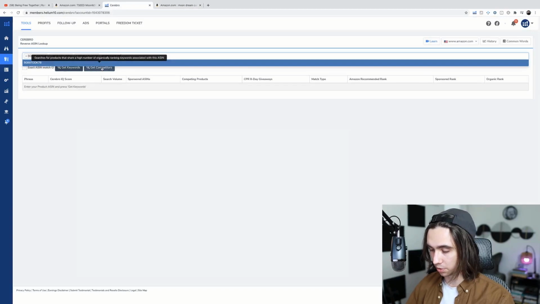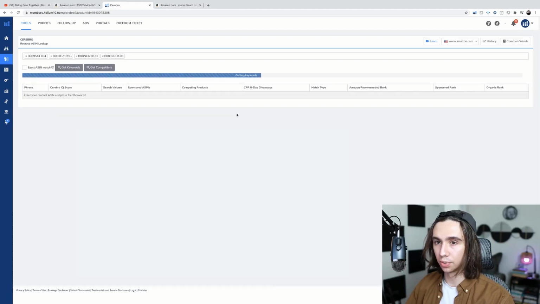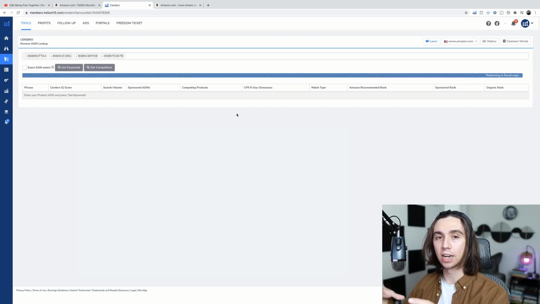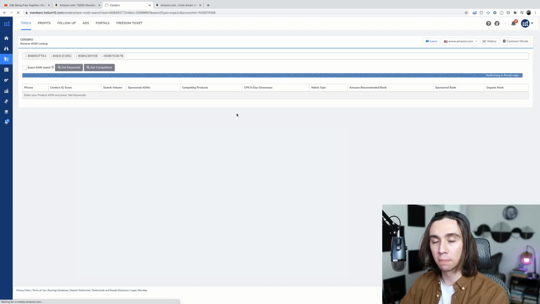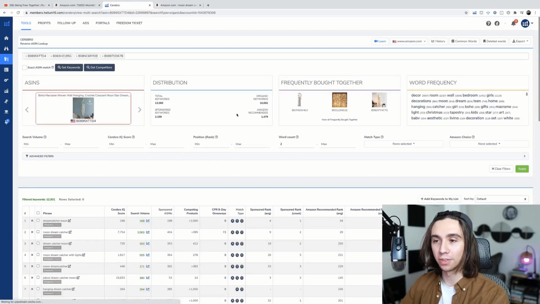I know I said 5. 4 is good enough. So we've entered 4. We're going to hit get keywords. Now what this tool is actually going to do is it's called the reverse ASIN lookup. So it's going to look up all of the keywords that these sellers are ranking for currently. And we're going to be able to use filters to manipulate the data in a way in which we can see it that shows us exactly what we're looking for. We don't have to manually go through 4,000, or in this case 12,000 search terms and pick out the ones